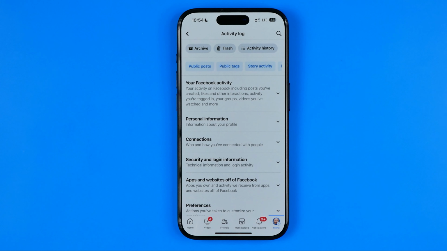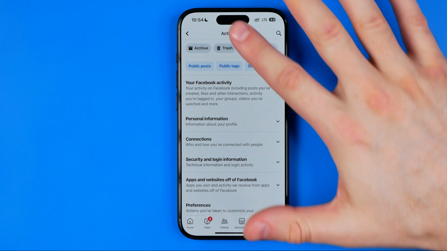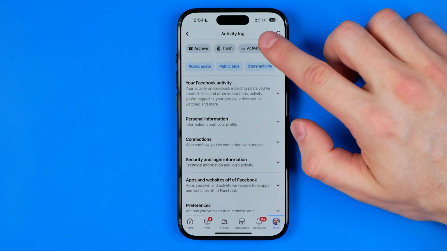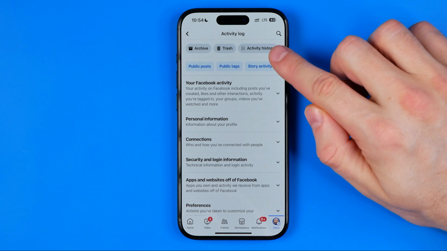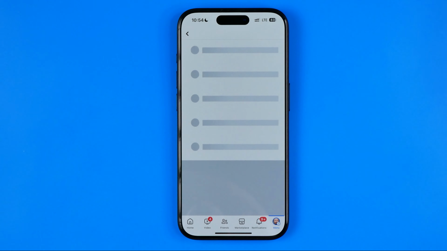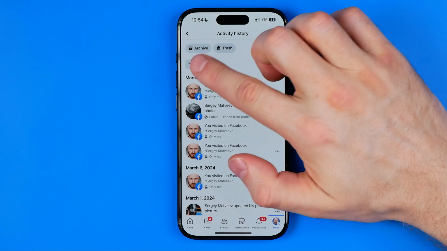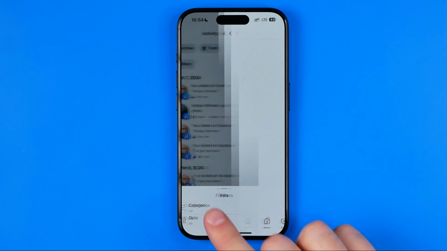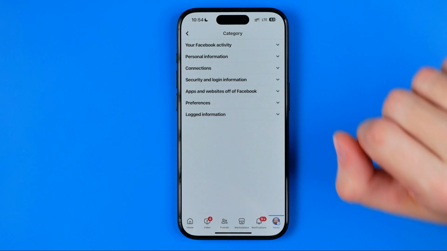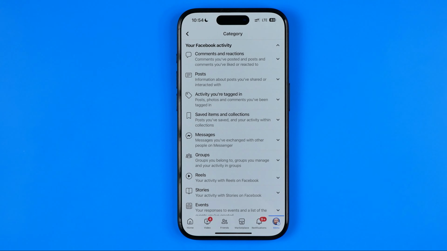Here we've got a couple of options for how we can check our Reels history on Facebook, and the first way is to, let's say, first off filter that information. To do that, I recommend you tap on that activity history button, then tap on filters, select categories, then tap on your Facebook activity, and then we can filter all our activities by some parameters such as, for example,